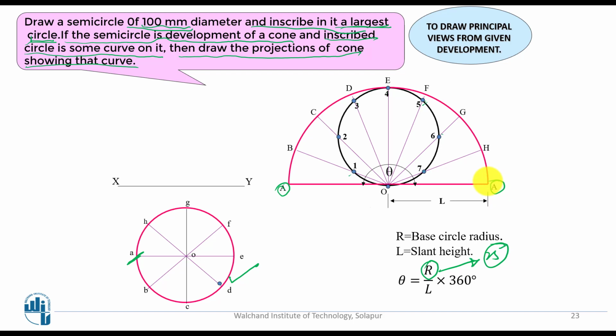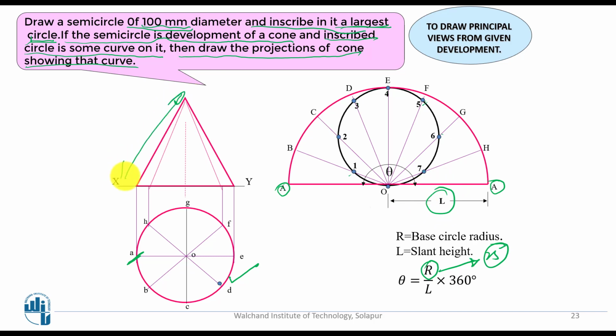Now we are going to project these points in the upward direction. All the corresponding points you are going to project in the upward direction. Based on that, we are going to get this as a and this as e, and the rest of the points corresponding here. Here this length is given as L. Based on that, you have to take this length as L. L is nothing but the 50 millimeter you have taken.